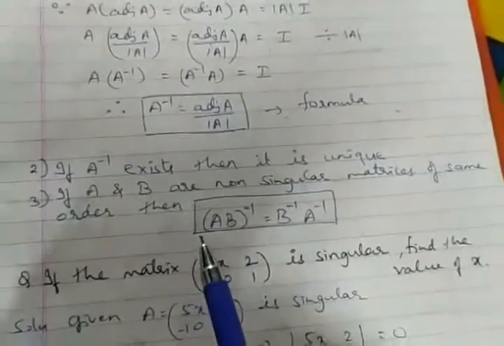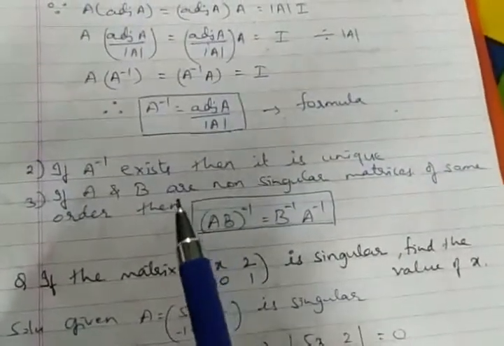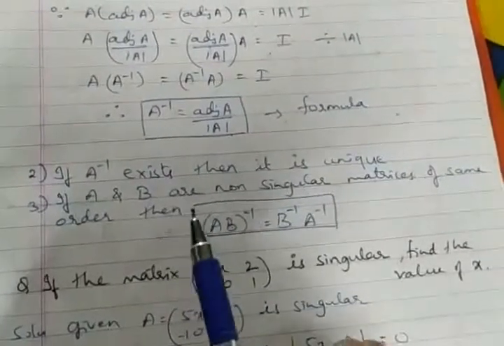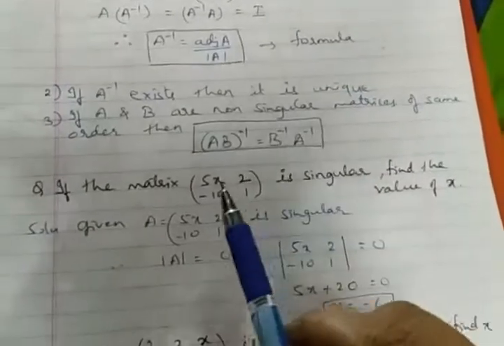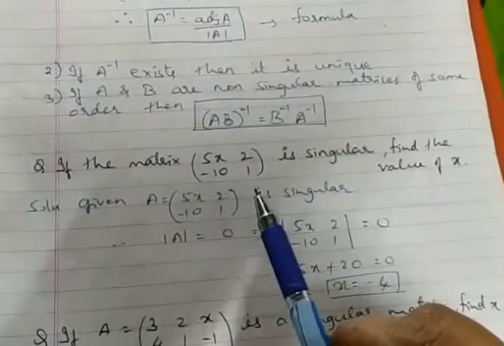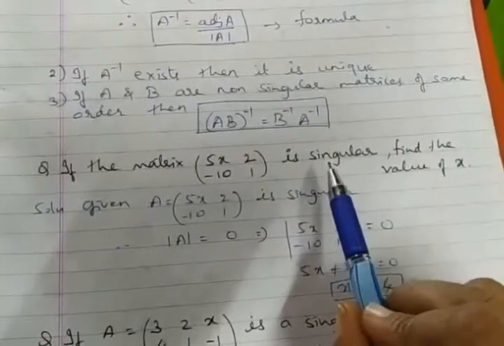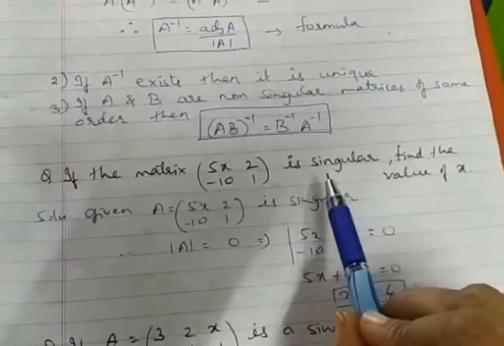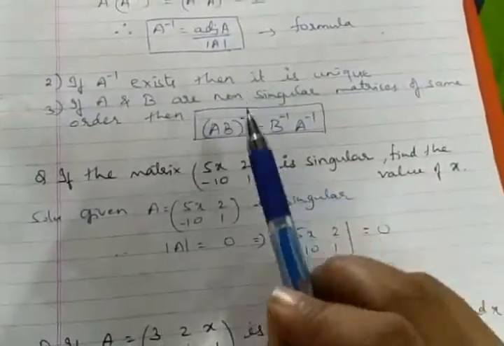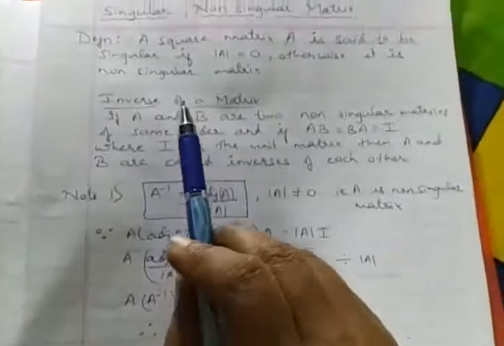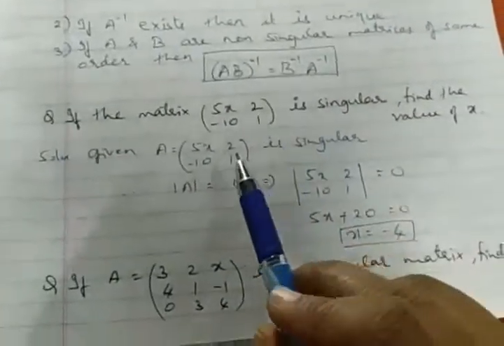Remember this property. Based on adjoint also we have, based on determinant also we have, based on matrices where we have discussed the various operations, there also we have the properties. So remember all these properties. Now, one or two numerical sums are taken on singular matrix. I think one year in the board exam, the definition of singular matrix was asked. So remember this definition also. Definition is very important. Based on the definition, even the sums can be asked.